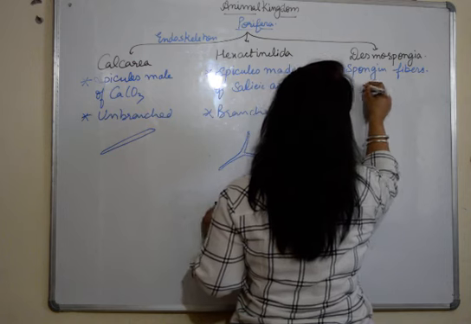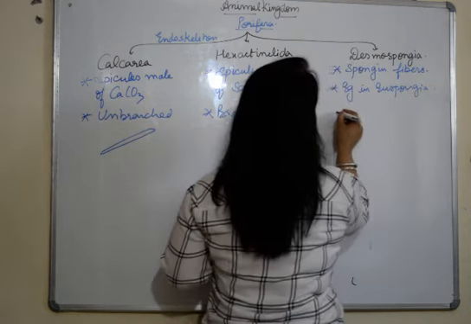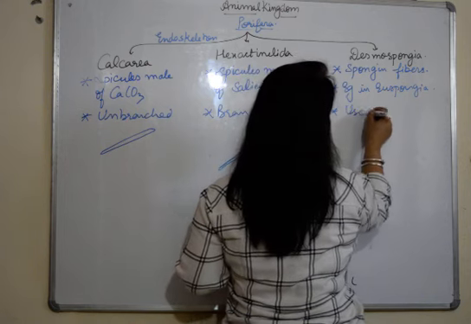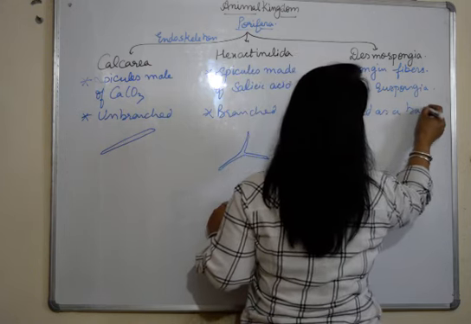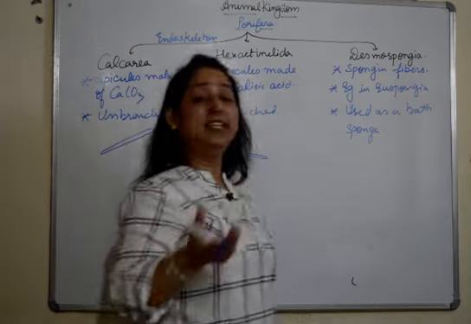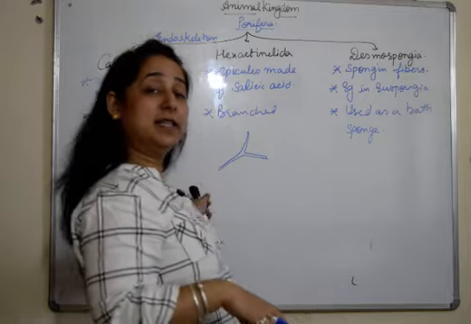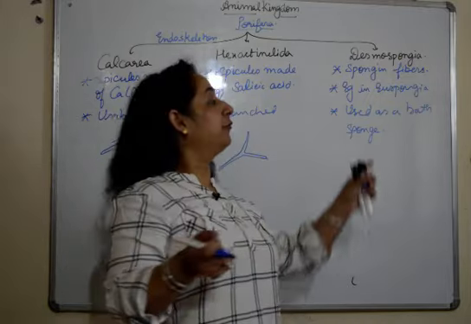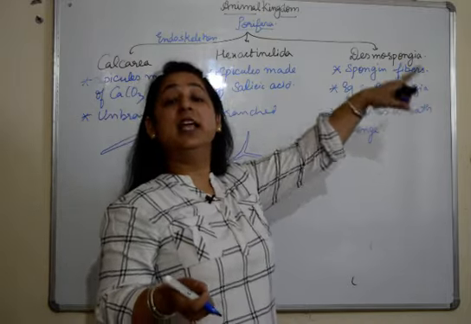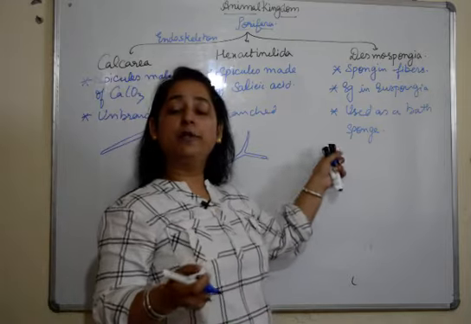Example: Euspongia, which is used as a bath sponge. Now why is it used? Why can it be used as a bath sponge? Because it does not have spicules present in it, which makes it very soft due to the presence of the spongin fibers, which have spongin protein present in them, and hence it's very soft,